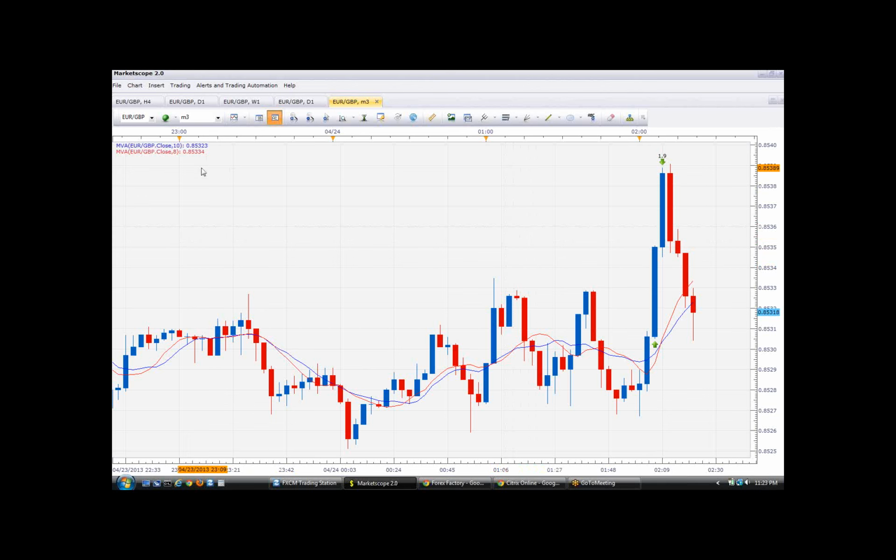Let's see here. For euro pound, I came in long, and actually because I wanted to do more battling, and I figured that with this quicker chart, I was just going to go ahead and take the profit. So that's why I went out,